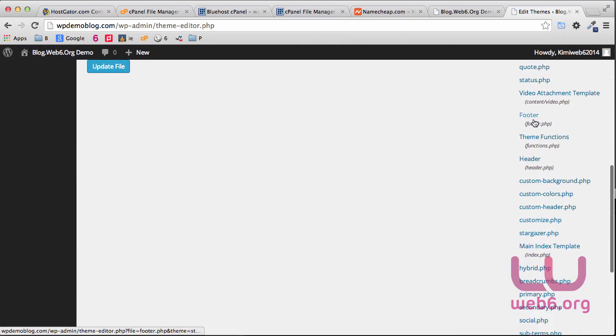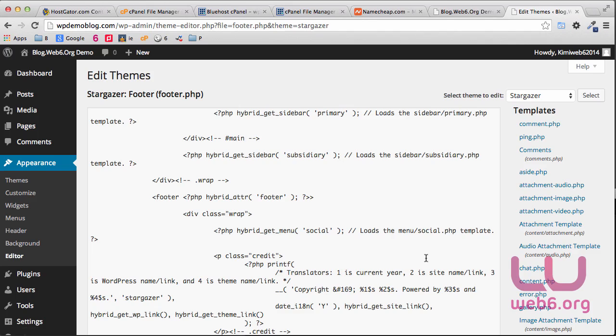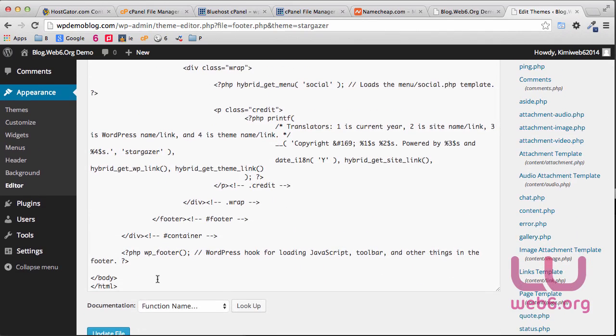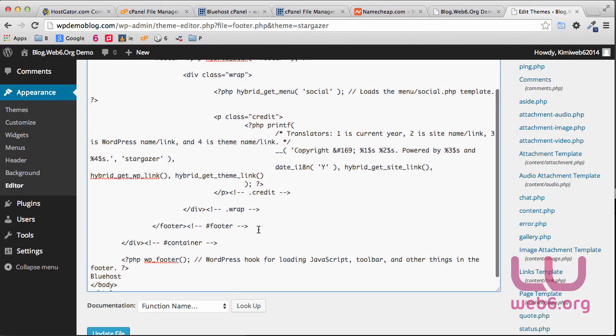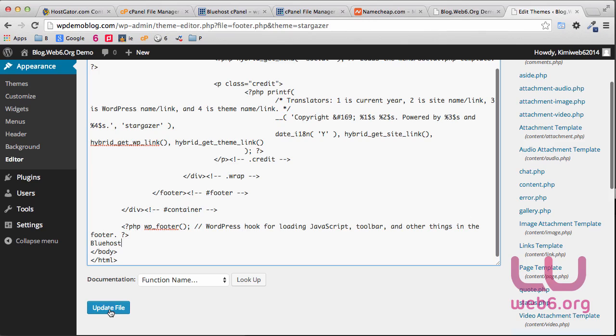Scroll down and look in your theme for footer.php. Click that, and then scroll down, and here before the closing body tag, we're going to type in "on BlueHost", because this site is actually hosted in BlueHost. So update file,